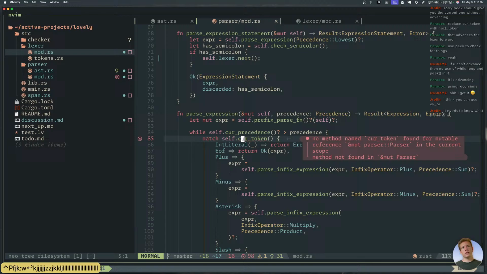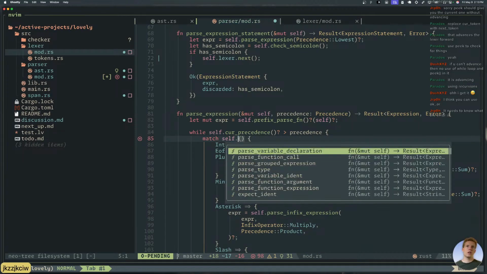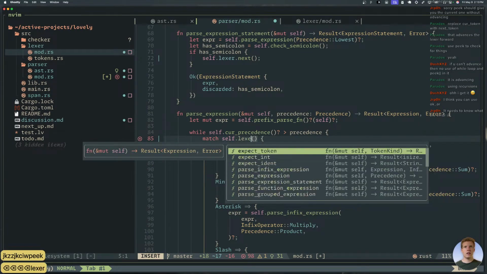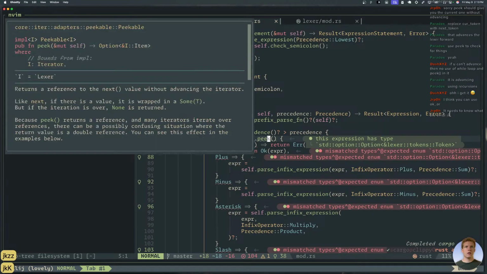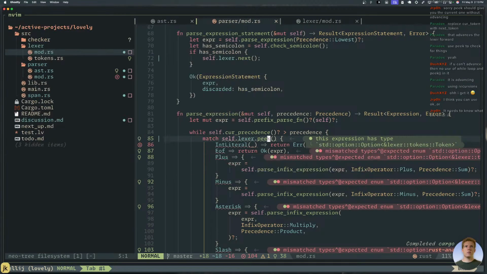Self.cur token becomes self.lexer.peek. But this is returning an optional, and I really want a token kind.